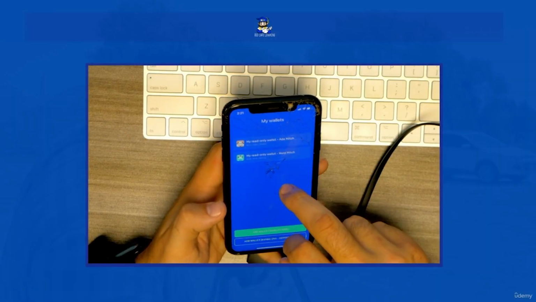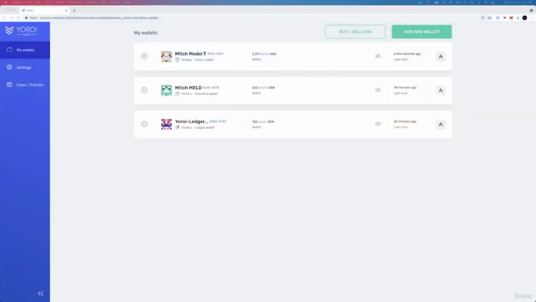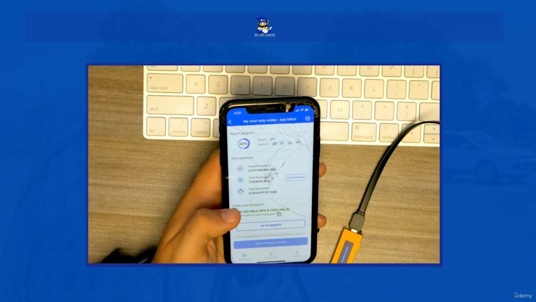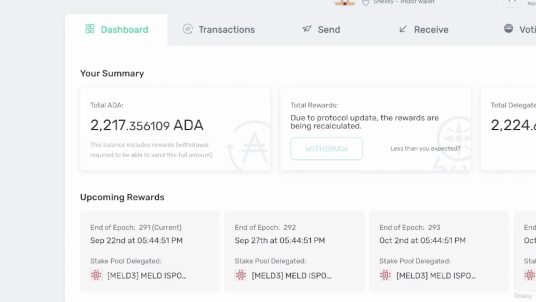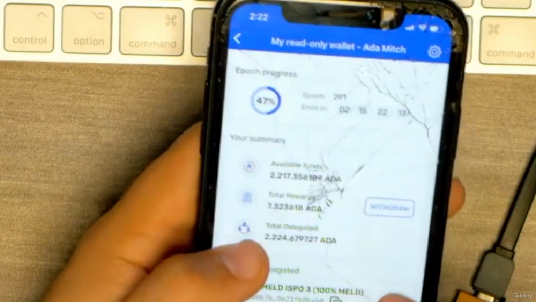As you can see here, we have some of my read only wallets. And the reason I have that set up is because it mimics what we have on our hardware wallets or just on our wallets in general. It can show me the performance of what's happening right on my phone without me ever exposing or giving somebody potential access to my cryptos. So you can see that on the Model T we have 2,217 coins, and here you can see the exact same thing,